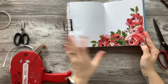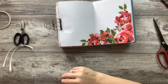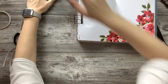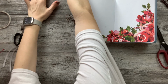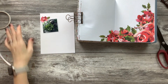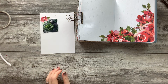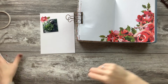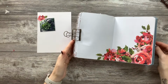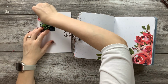This is more P13 paper, and I know we're past Christmas, but I'm trying to use up this stuff. I don't want to store it for another year. We're using it up. Oh, come here. Come here. I have scissors everywhere. You should see it. It's hilarious. This is why I put my little hooks on the wall, so that I wouldn't do that, and I still do it. So that was helpful. Anyways,